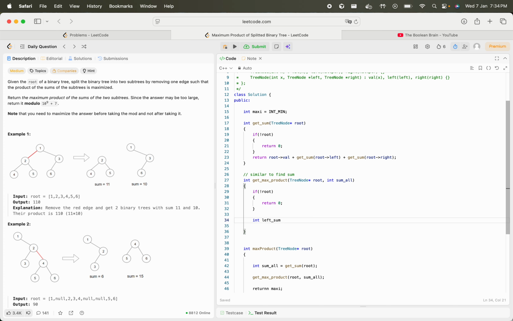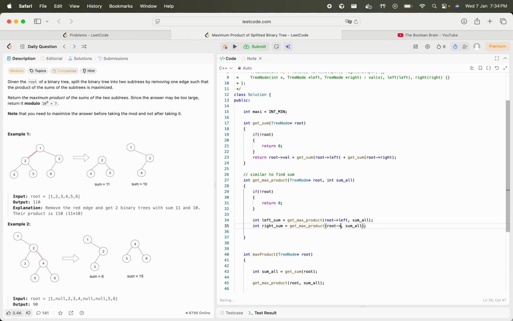Left sum is basically the value that I will get when I go to the left. The sum all goes as it is. Similarly, the right sum will be